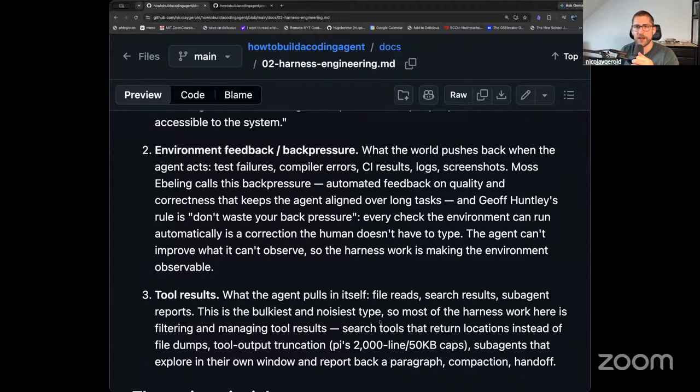Sorry, which blog post? Geoff Huntley's, on back pressure, a fellow Australian. Which is basically that you should set up a lot of things in your code base which the model